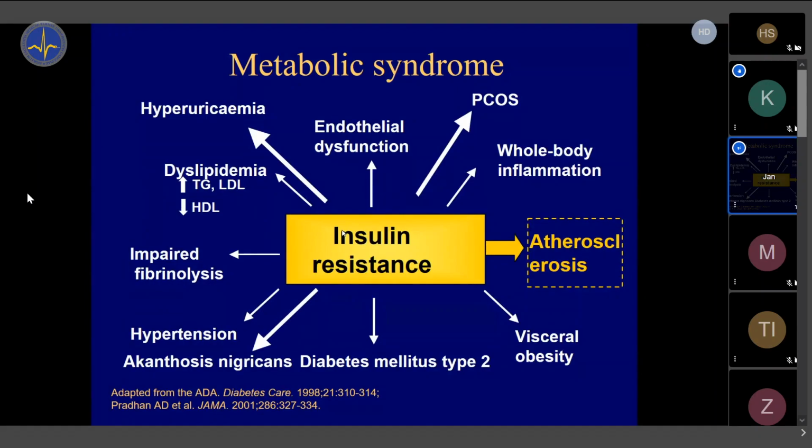And the features which are consequent of insulin resistance are marked here. So it's, as I said, endothelial dysfunction, polycystic ovary syndrome, impaired glucose metabolism, increased blood pressure, impaired fibrinolysis, and this all can be named as a metabolic syndrome. But as you can imagine, there are so many features that people would not understand each other. What do you mean if you say metabolic syndrome, do you mean endothelial dysfunction and hyperuricemia, or do you mean visceral obesity and hypertension? So there will be a huge confusion.